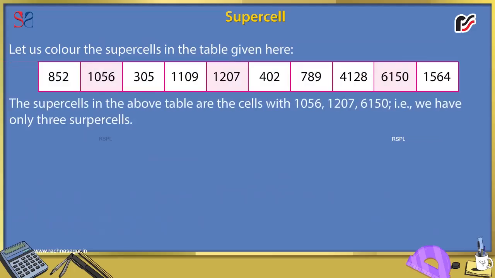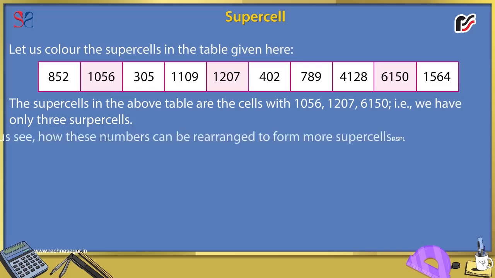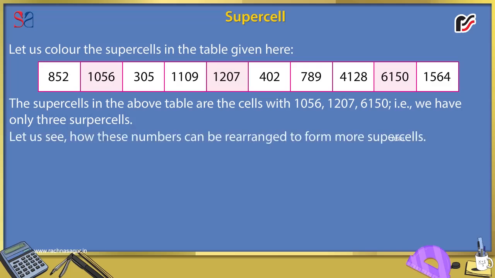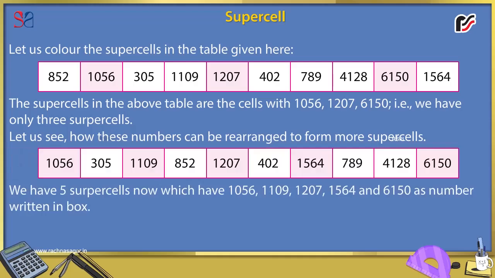The supercells in the above table are the cells with 1056, 1207, 6150, that is, we have only 3 supercells. Let us see how these numbers can be rearranged to form more supercells. We have 5 supercells now which have